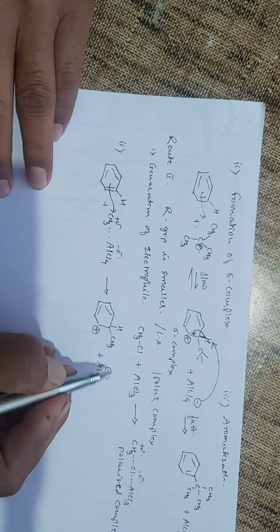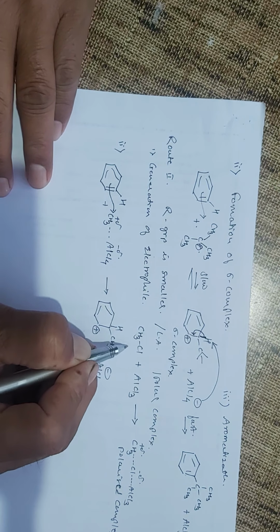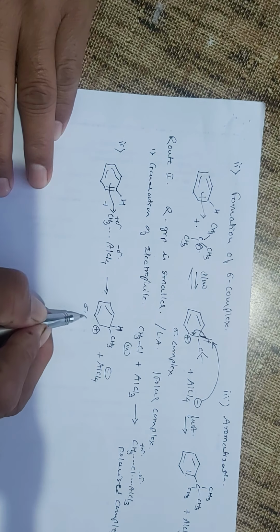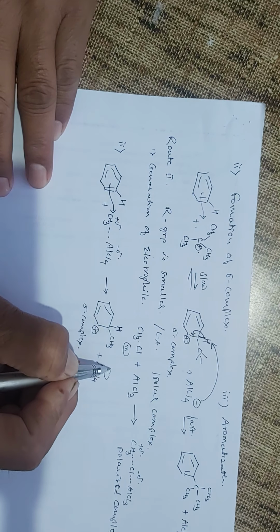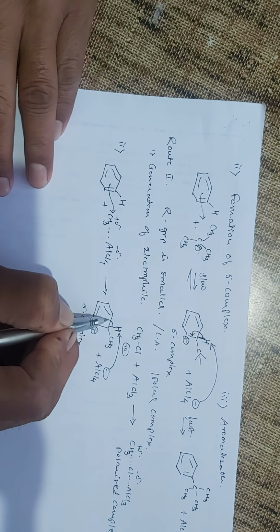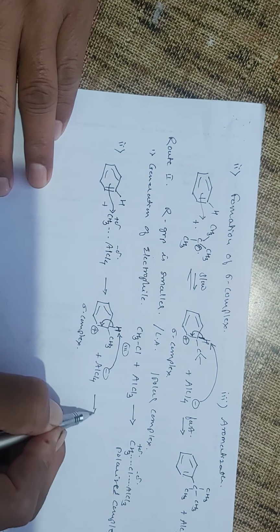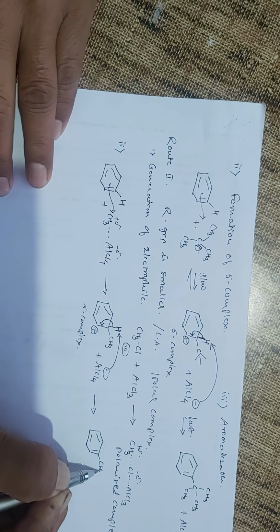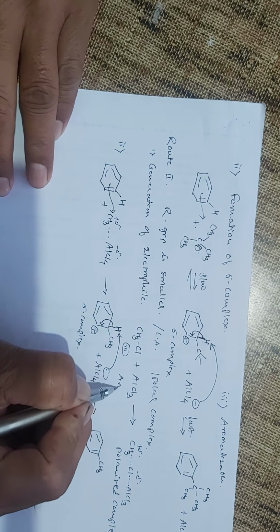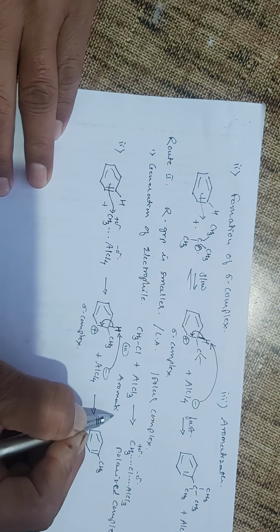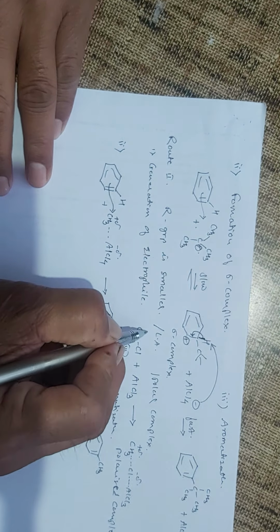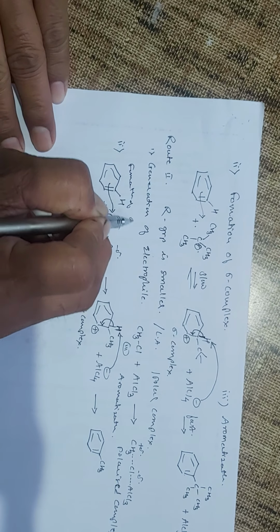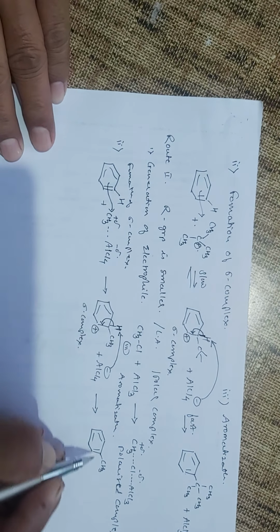And so here in the third step, this polar complex, this carbocation or the sigma complex which is obtained, the conjugate base abstracts the proton. The proton gives the electron pair to this carbocation, and it proceeds and gives you the formation of methylbenzene, and this step is termed aromatization. Here is the generation of the electrophile, and this is the formation of the sigma complex. So these are the three steps.